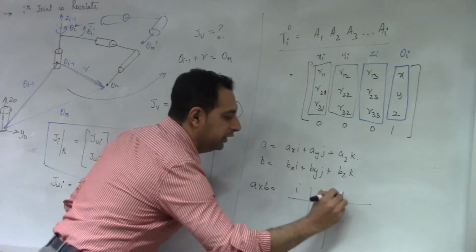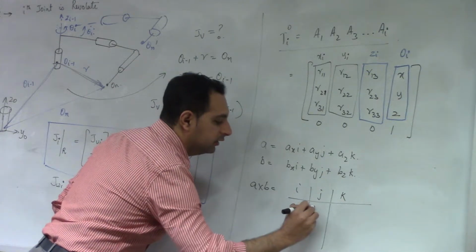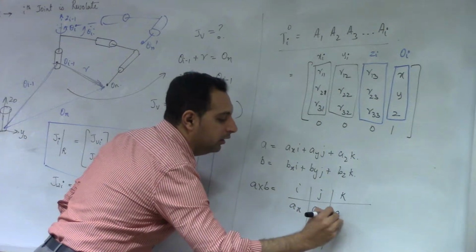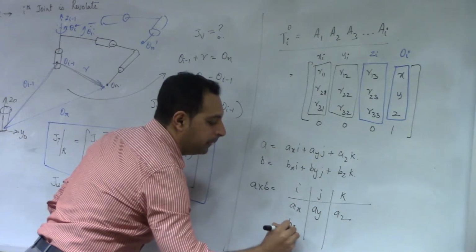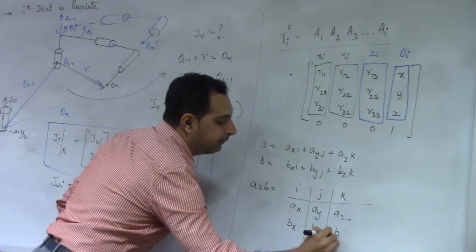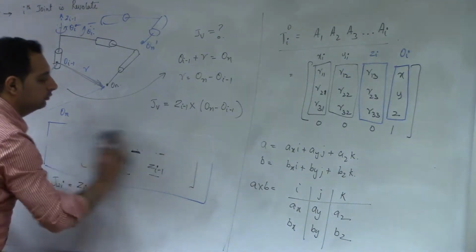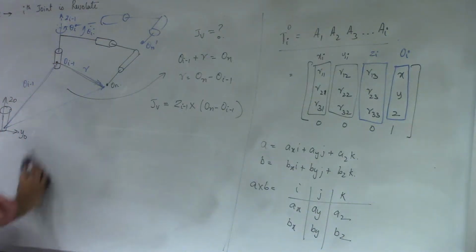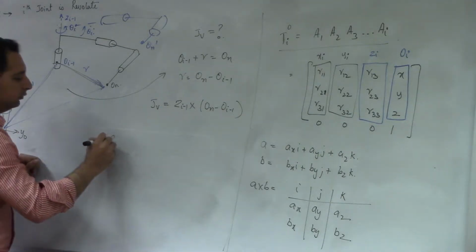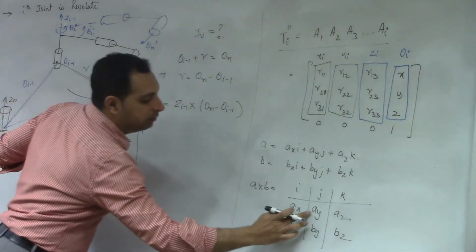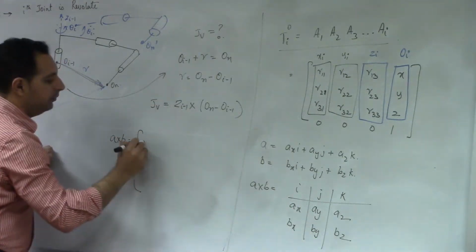So IJK, you have AX, AY, AZ. So A cross B will be equal to, in this case, you'll multiply like this, AYBZ